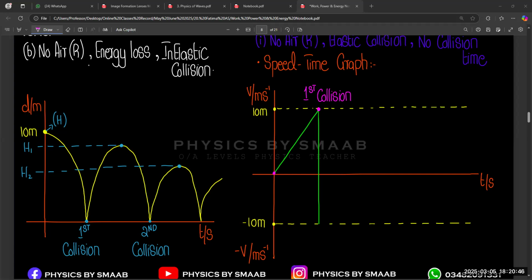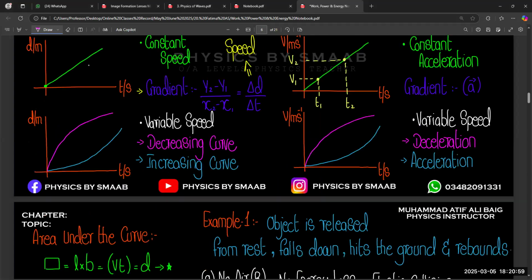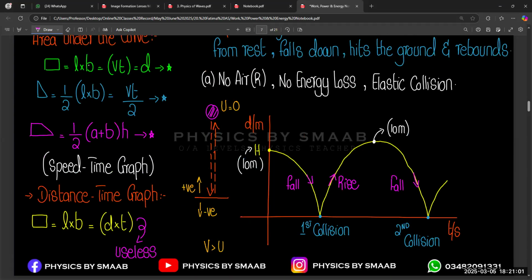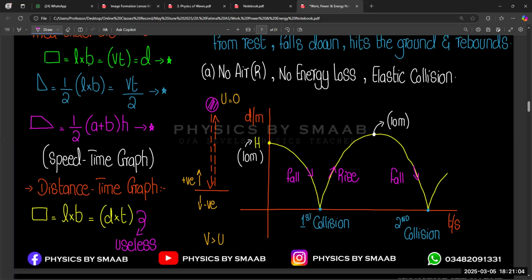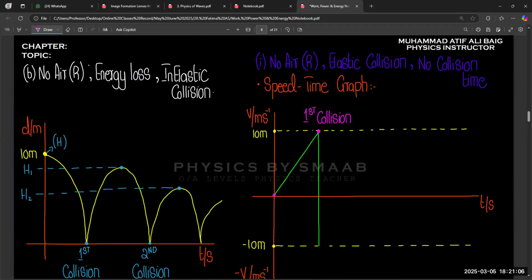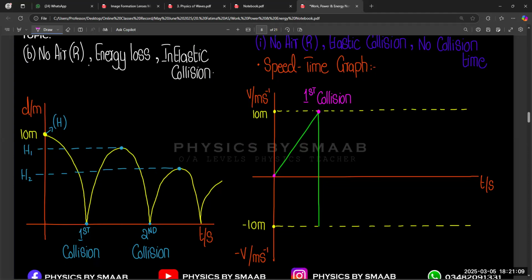You can also consider downward motion as negative, upward as positive. Then your graphical representation will be shuffled, right? So it depends upon the observation or assumption we are working with. Initially we already marked that we consider the downward axis negative, upward axis positive, so we will continue with the same representation, right? And there is no collision time. So when it gets the first collision, it quickly changes the axis, and this is the rebound.